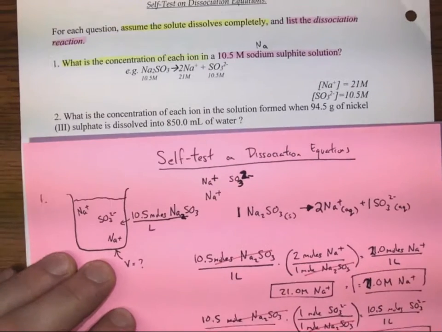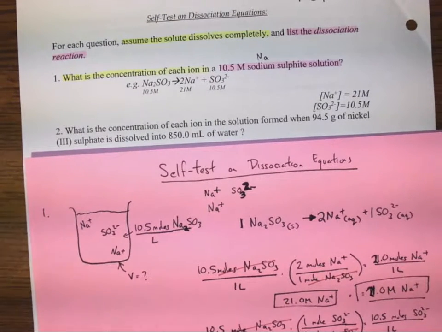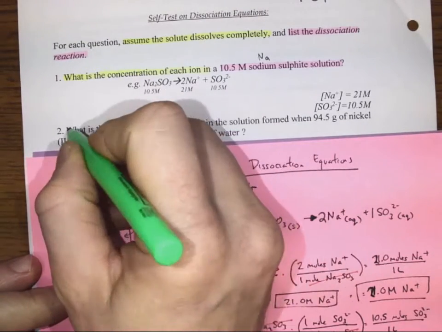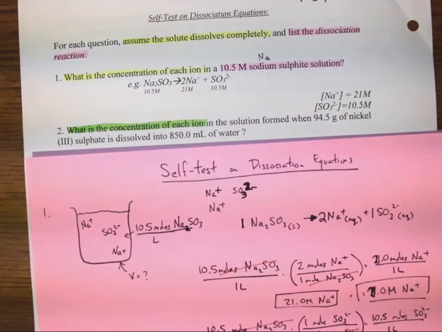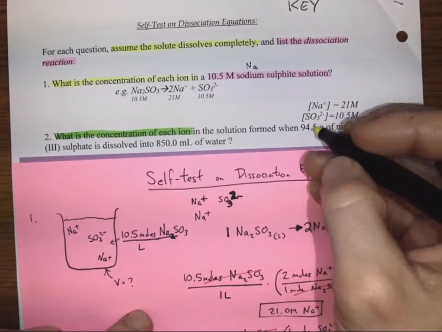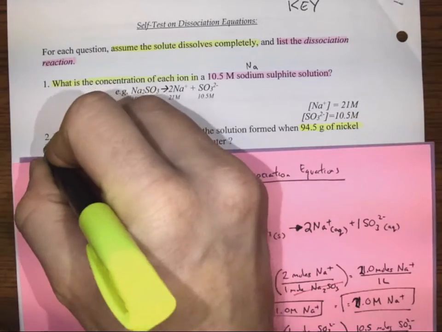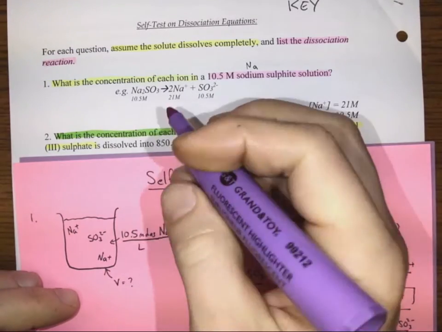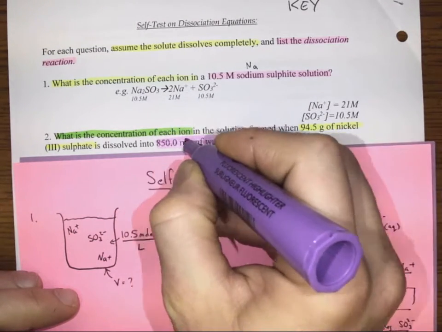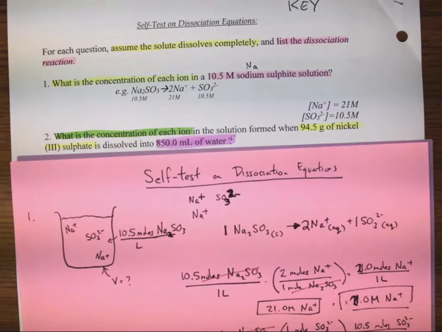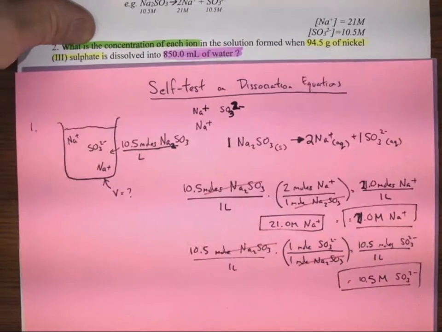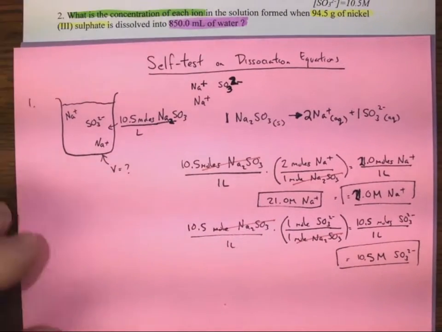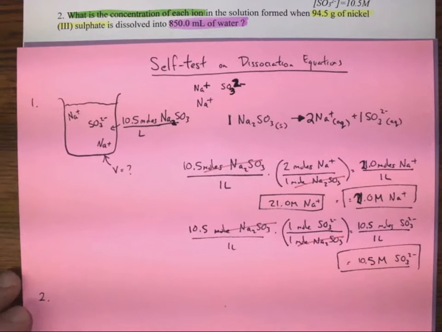So this question says, again, what is the concentration of each ion? What's the concentration of each ion in a solution that's formed when 94.5 grams of nickel sulfate is dissolved in 850.0 milliliters of water? Okay. So, to answer that, okay, so